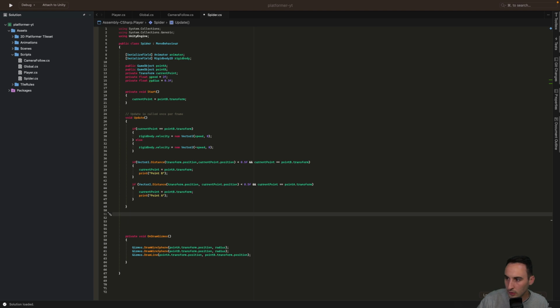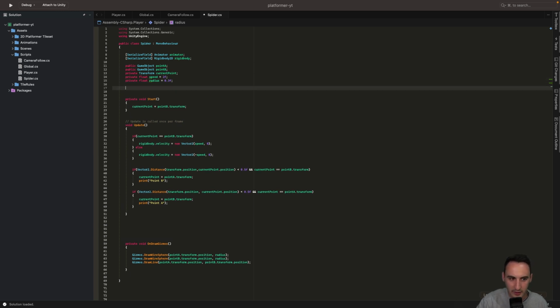to do our, what's it called? Our flipping of our sprite. We need to access the sprite, I believe it is. So let's go and say private, I think it's sprite renderer. So we'll call it sprite renderer. And then